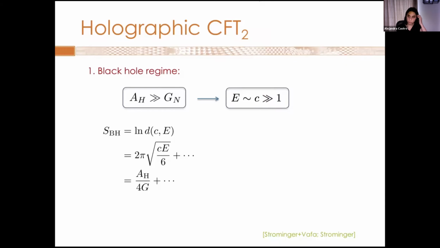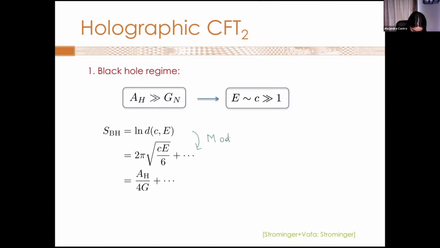And one of the most famous results from the first years of AdS/CFT was the result by Strominger and Vafa, and then also Strominger, that generalized it more broadly. And it was, how do you describe the entropy of the black hole in terms of microstates of the dual CFT2? So the claim in AdS/CFT is that the entropy of the black hole is the logarithm of the number of microstates,